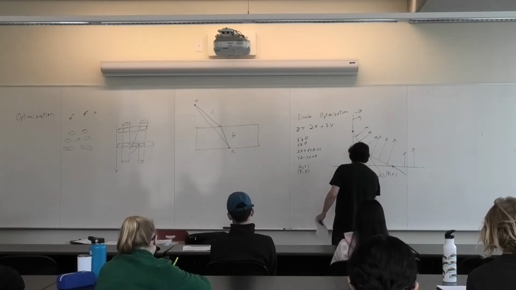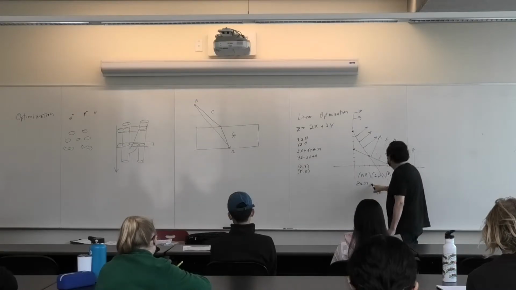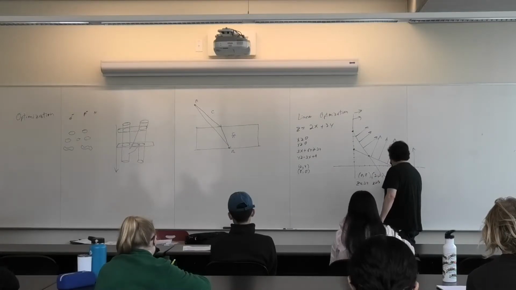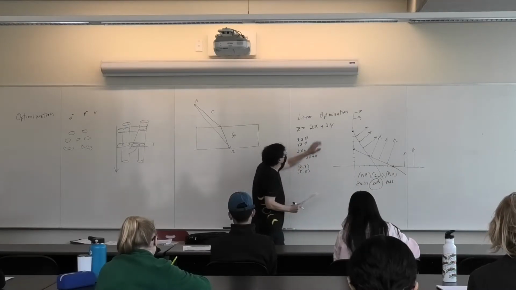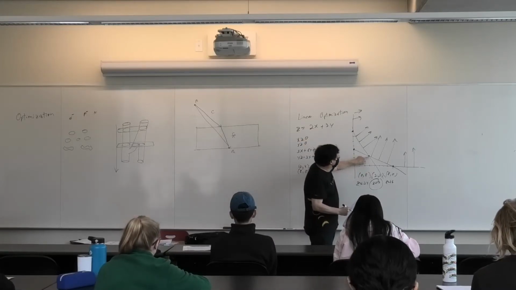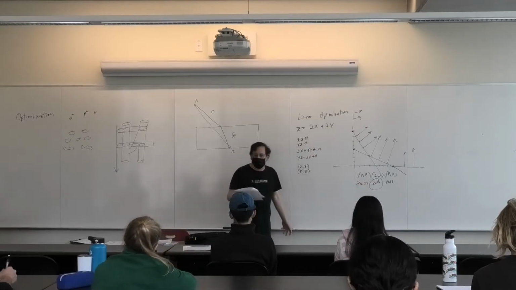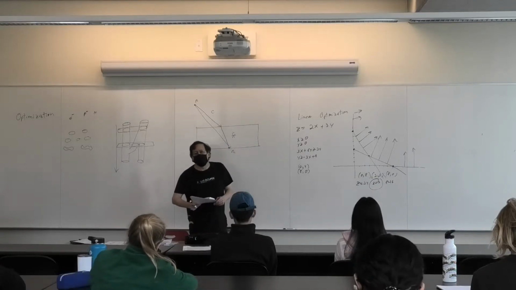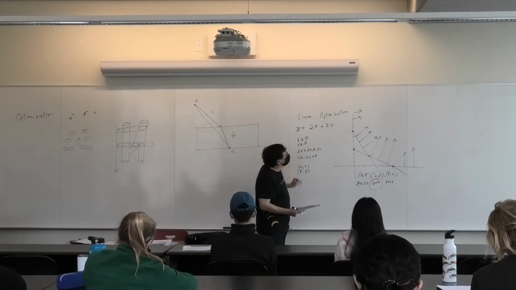So for the first one, z is going to be what? It's going to be 24. The second is going to be 4 plus 9 is 13. And for this one, it's going to be 16. So, assuming we wanted to minimize our value here, we can see that at this point here, 2, 3, it's going to be the minimum. So that's a technique called linear optimization. It doesn't matter how many constraints you have as long as they're all linear.